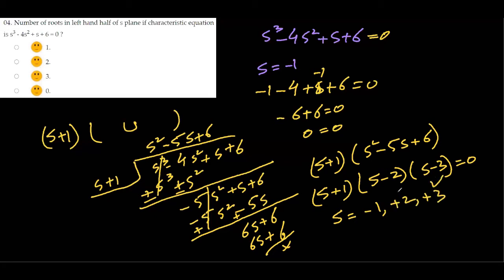So these roots lie on the right hand side of the S plane, and only one root will lie on the left hand side of the S plane. So the correct option will be option A, 1. Okay, next MCQ is